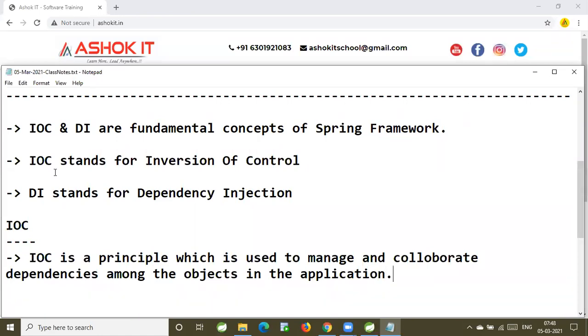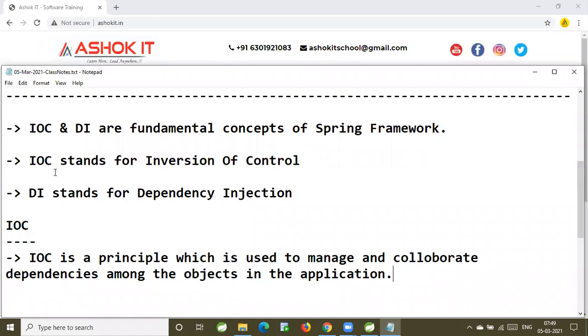IOC is a principle which is used to manage and collaborate dependencies among the objects in the application.